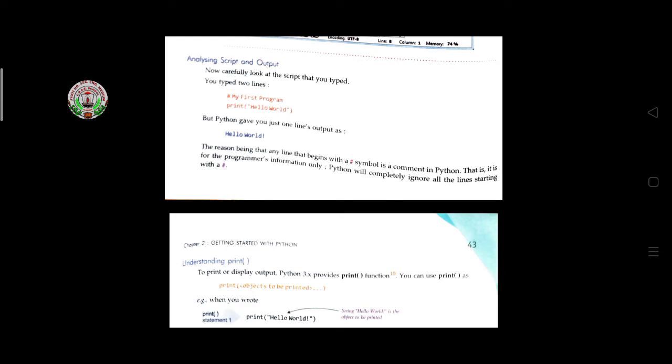In HTML also you learned about comments. It is for the programmer's information only, noting which functions the programmer is using.